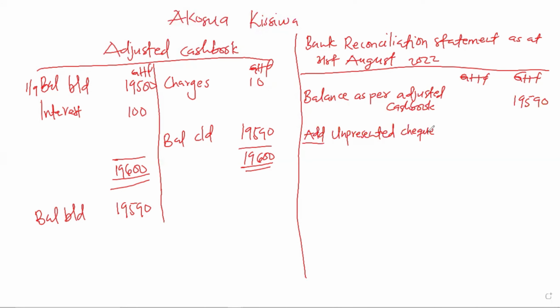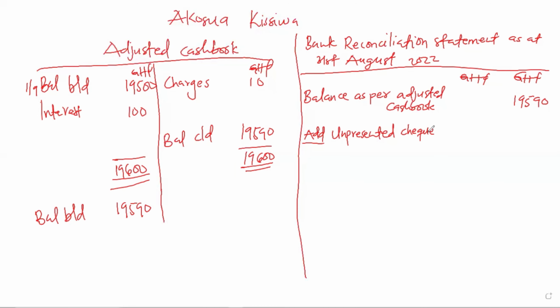So when you move to the credit side of the cash book, you check if this figure is there, then you come to the debit side of the bank statement and check if that same figure is there. If you don't find that same figure, then it is called